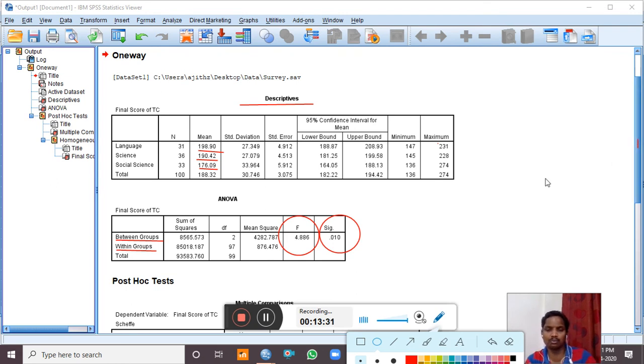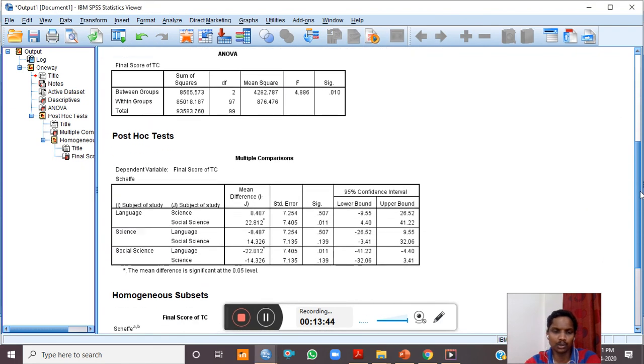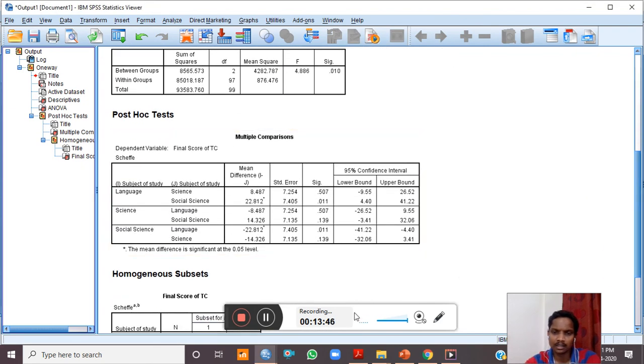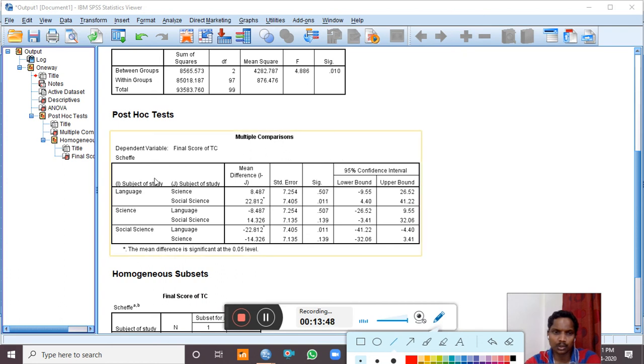Now to see the means of which groups are different, we will move on to the post hoc result. Let us see the post hoc result, which is there in the downside. This is the post hoc test. See now here you can see the comparison language and science, which is repeating here, language and science.